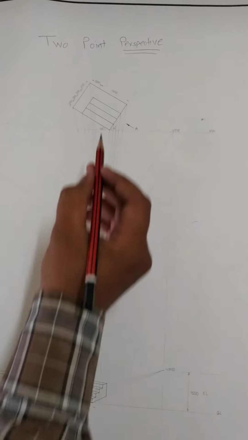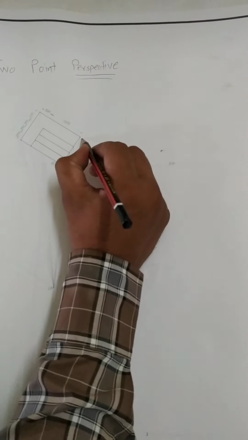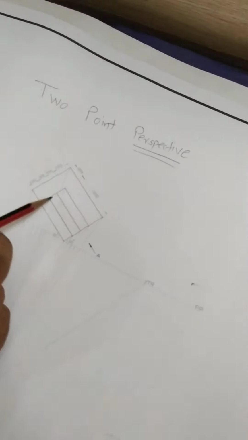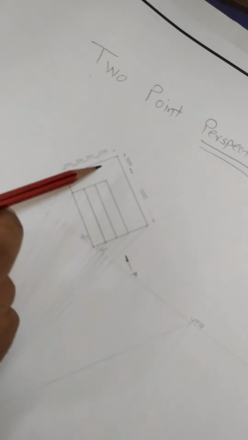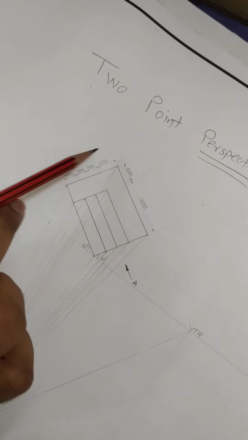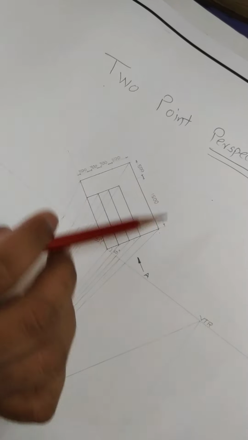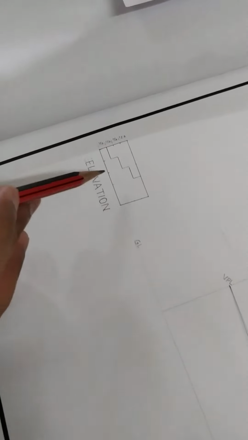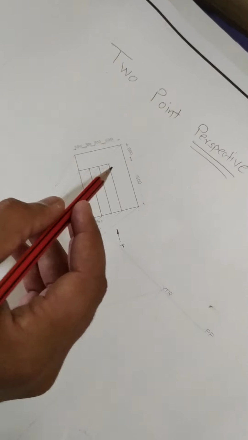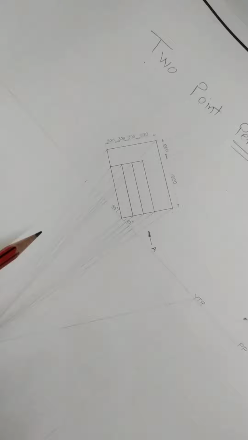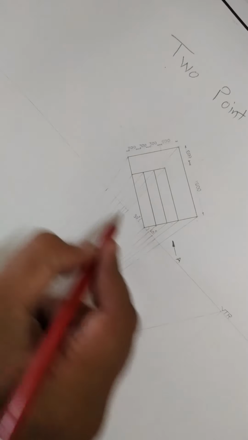So if I am saying that this is the object in which we have to draw perspective, in the exam also you will have the idea that the plan is given in the question, and also the elevation is given in the question, so that you will know the height of the object also. Okay. Now, while starting the drawing of the perspective, you need to draw a picture plane horizontal line.